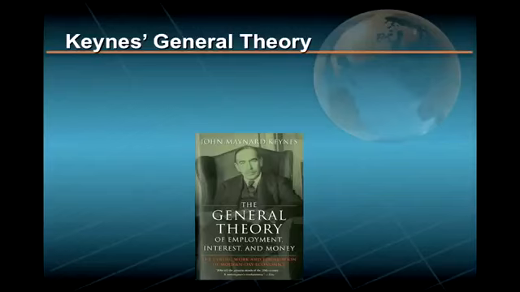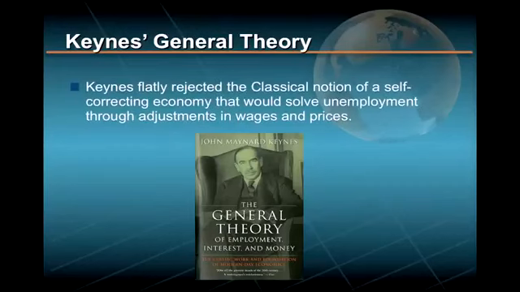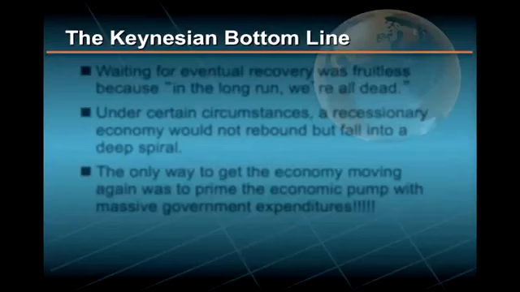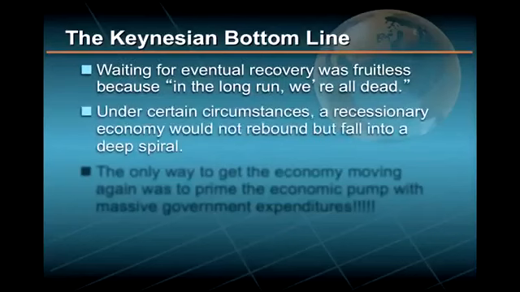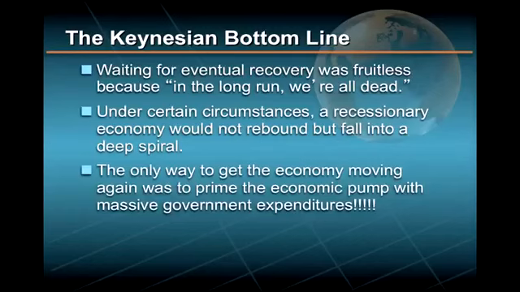Interest, and Money. In that book, Keynes flatly rejected the classical notion of a self-correcting economy that would solve unemployment through adjustments in wages and prices. Keynes argued that patiently waiting for the eventual recovery was fruitless because, in the long run, we're all dead. And Keynes believed that under certain circumstances, a recessionary economy would not only not naturally rebound, but even worse, fall into a deep spiral. To Keynes, the only way to get the economy moving again was to prime the economic pump